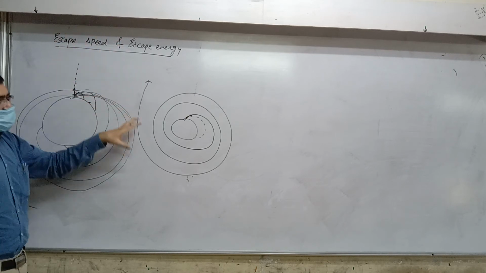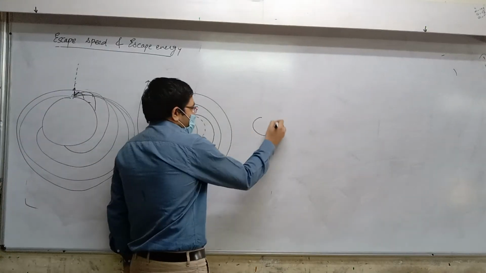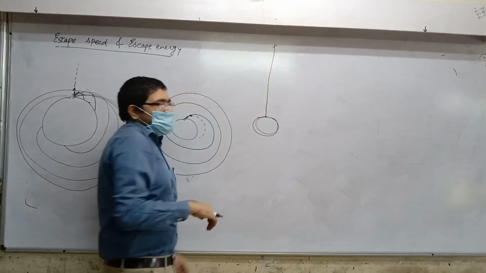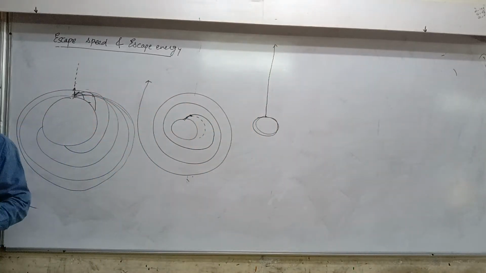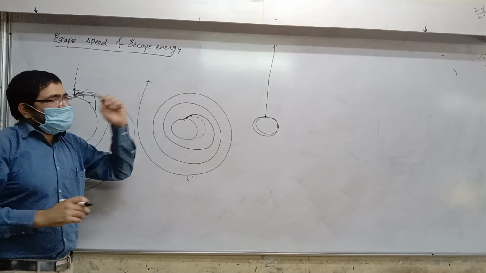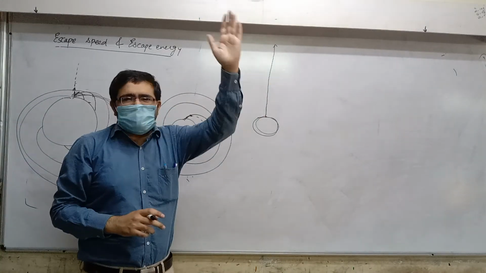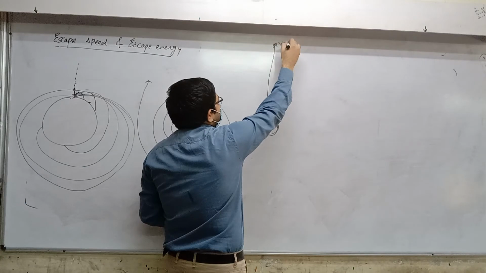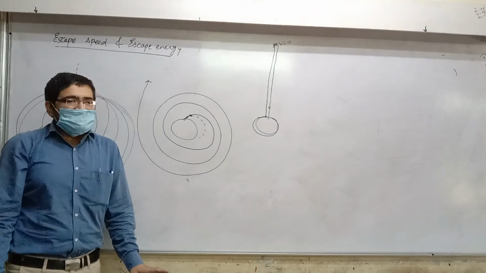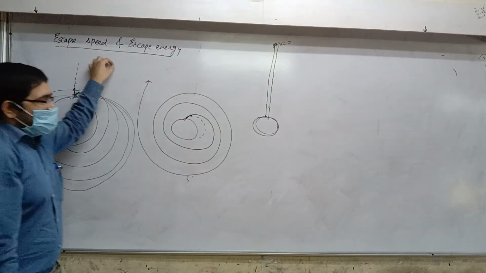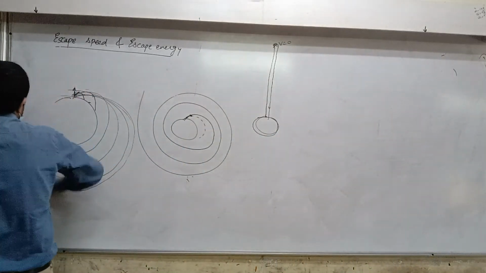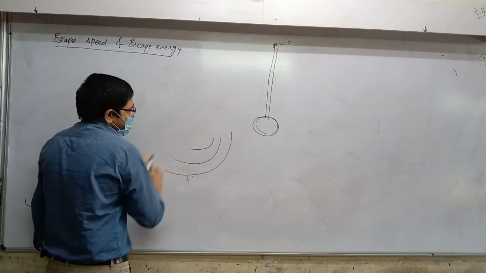The same thing can also happen even if you fire it vertically, in the sense of straight up. In that case, it will not make a spiral, but it will go in a straight line, and it won't come back if the speed is enough. What if the speed is not enough? It will go very, very far, but at some point its speed will become 0 and then it will start falling back towards the Earth. Understood? So there is a minimum speed if you want to escape from Earth. That's what this topic is about.